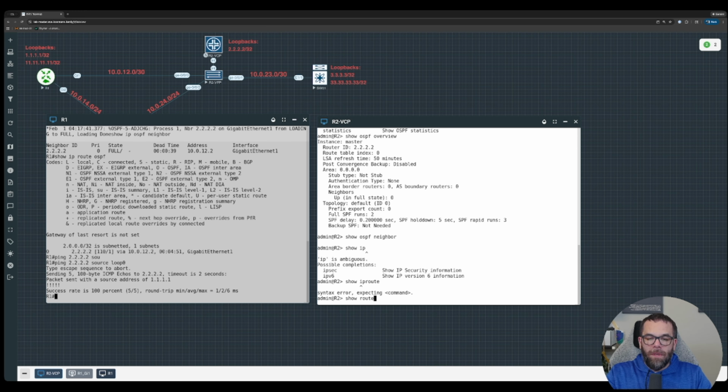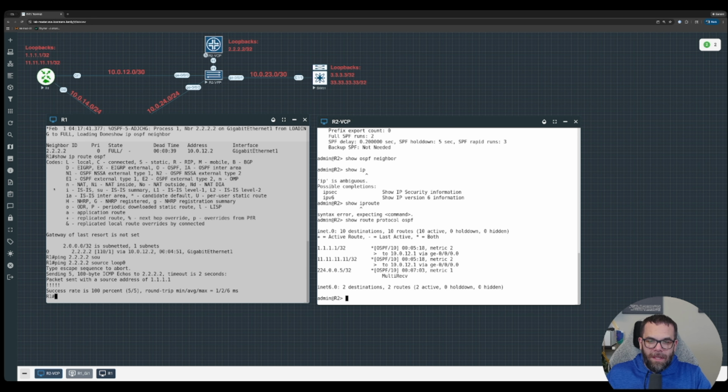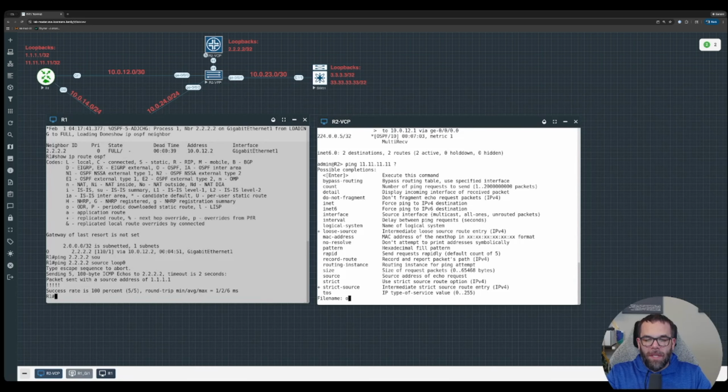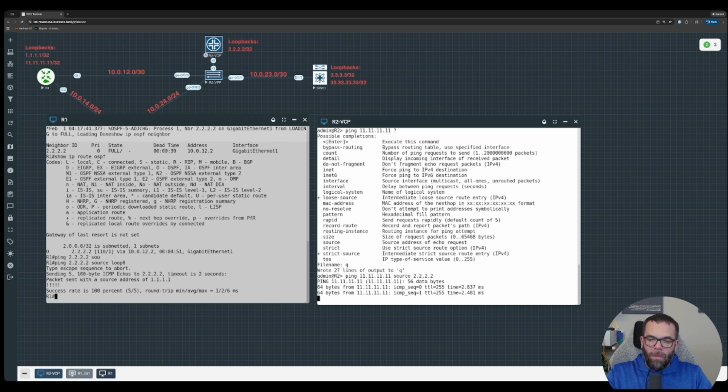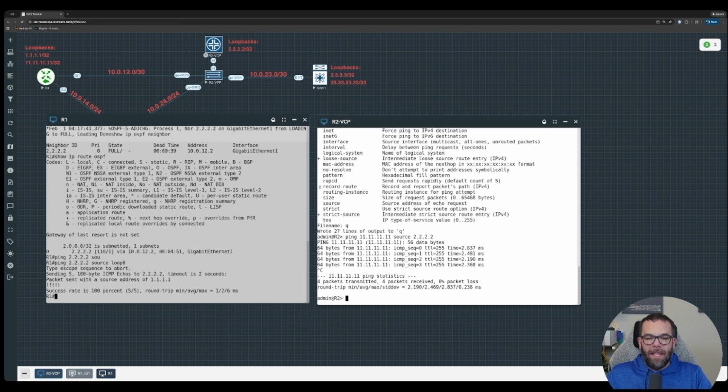if we do show route protocol ospf, as you can see, there's some nuances to all this. We have some more intra-area routes. So it's inside of the same OSPF network, and we can do the same thing from here. So if we wanted to ping 11.11.11.11, and we wanted to source it from 2.2.2.2, we can ping that too, and we can see that that's going through